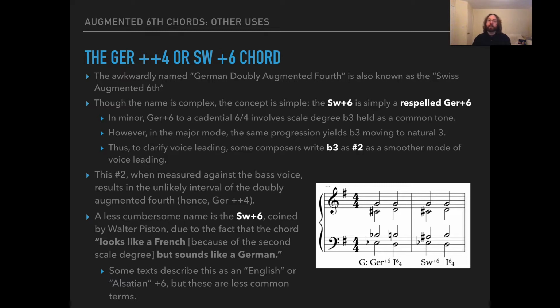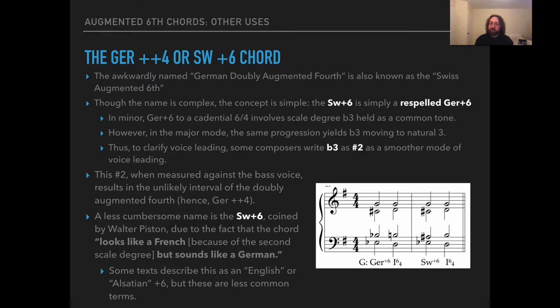If I play that, you can't tell me which one I'm playing, because in an equal temperament instrument, B flat and A sharp sound exactly the same. But the voice leading is simply respelled harmonically. Now, it gets the name doubly augmented fourth because if we measure that sharp 2 against the bass, it is